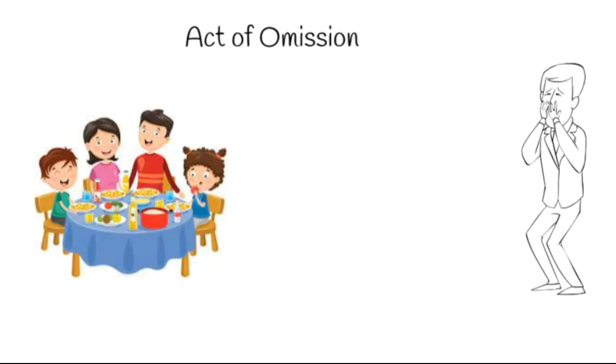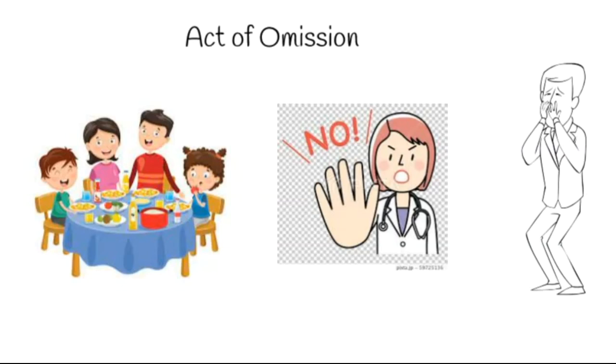Let's understand this with an example. It's a legal duty of a husband and a father to provide food, clothing, shelter to wife, kids and parents. It is a legal duty of a doctor to provide reasonable care and skills towards their patients. So, it can be clearly stated that causing death by the omission of any such duty is punishable by law.